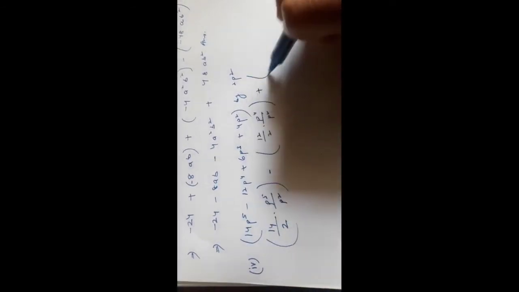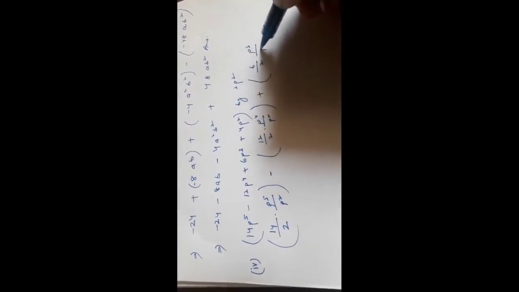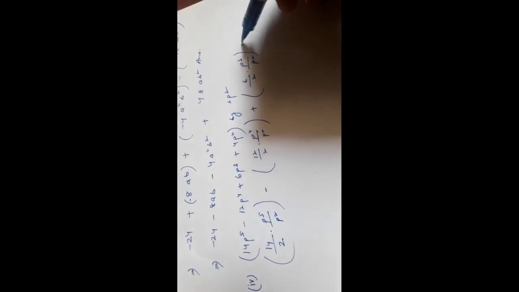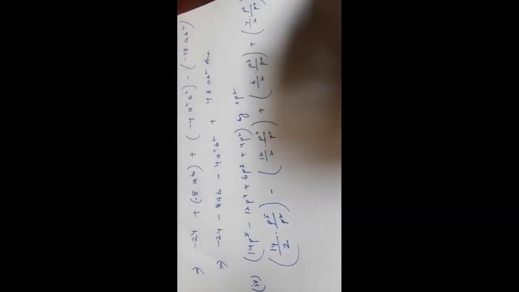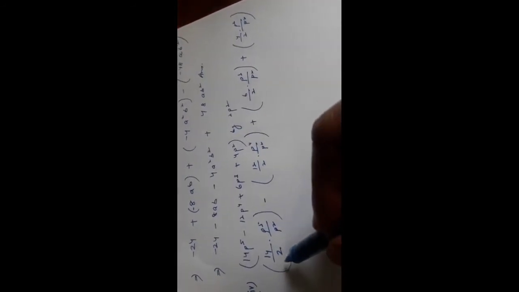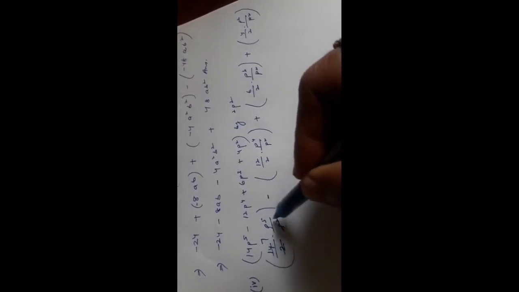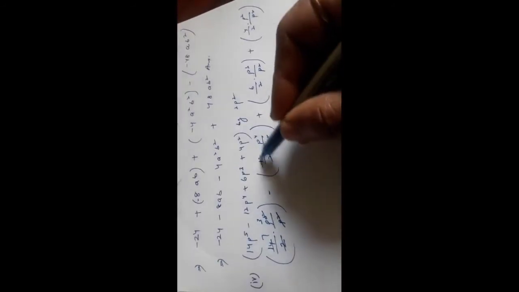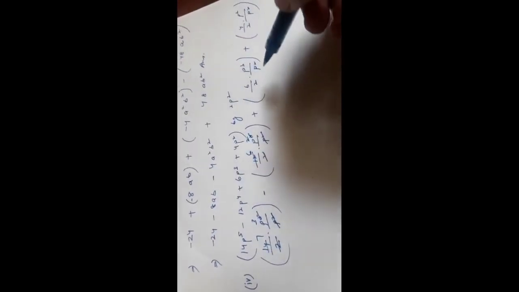Now positive sign, 6 by 2 p cube by p square in single bracket, and again plus 4 by 2 p square by p square in single bracket. So cancel it. 2 ones are 2, 2 sevens are. This p2 will get cancelled with p5, will remain with p cube. Now 2 ones are 2, 2 6s are 12. P square, p4, p square will remain here.